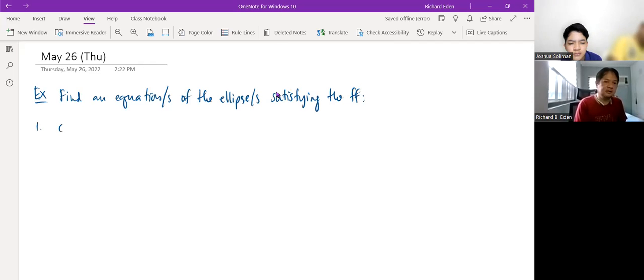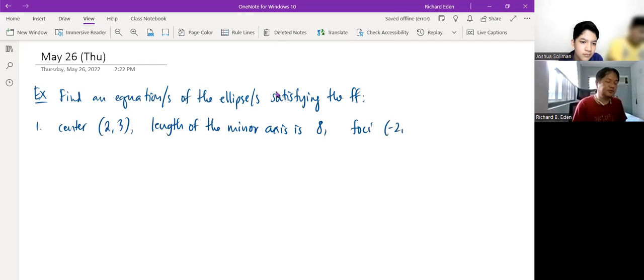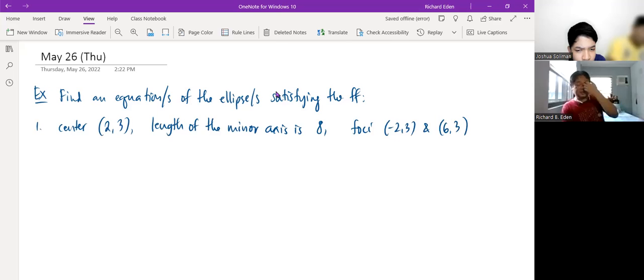So number one, the center is the point (2, 3), the length of the minor axis is 8, and the foci are (-2, 3) and (6, 3). Of course, it's possible for an ellipse to not be horizontal or vertical, but because of the given foci and the center, you know what? In fact,